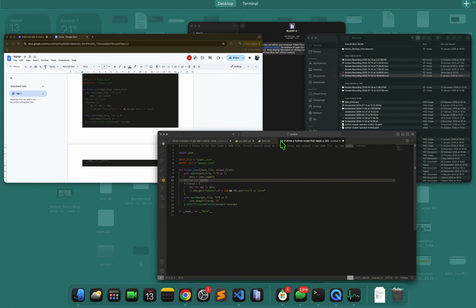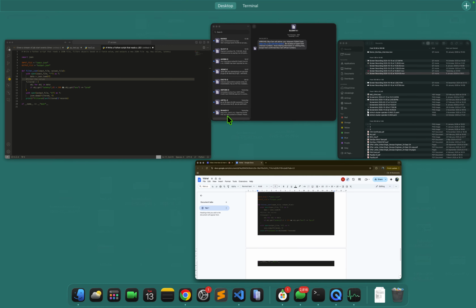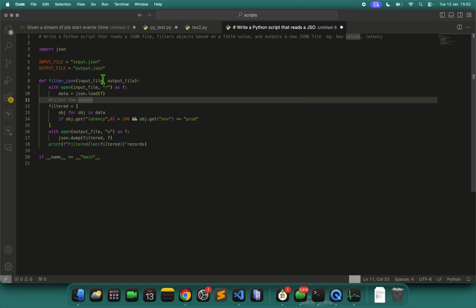Vishal, can you just explain how it will work? I have imported the module for JSON. I have defined two variables, input file and output file, both with the JSON extension.